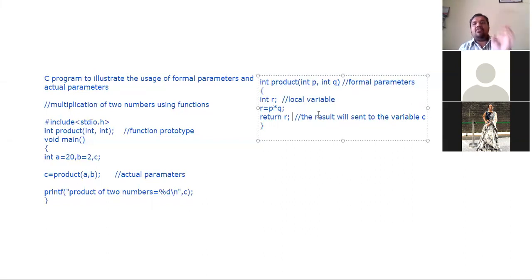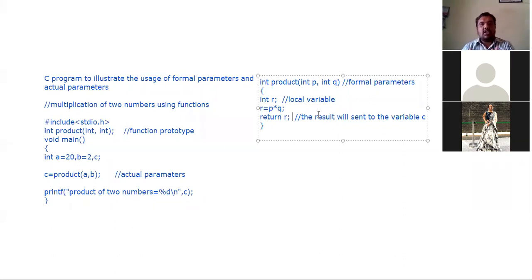So one more example to do for the pass by value method. The copy of the values a and b will be stored in the two variables p and q. So instead of taking the two extra variables p comma q, I can once again take the same variables a comma b. No problem.